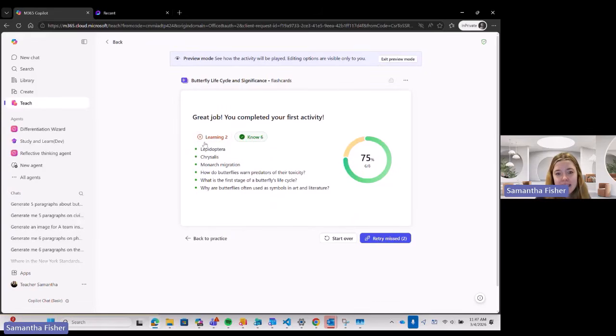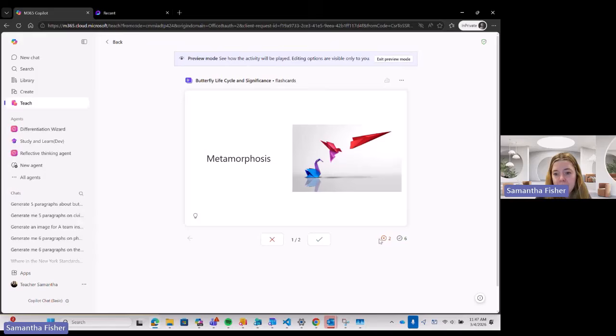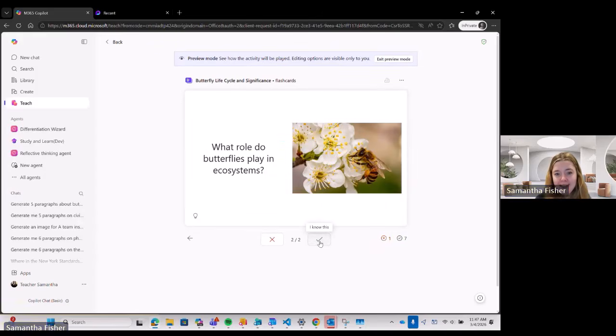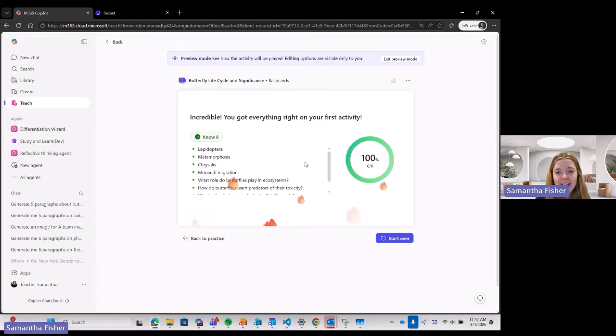So awesome, I get to see that list. I can even retry the ones I missed here. And let's say I know all of these now. Yay, I know this. Okay, now I've gotten 100% of them. So this is obviously a smaller activity, but you can build bigger activities and you can share this out with your students. So I'm going to exit preview mode